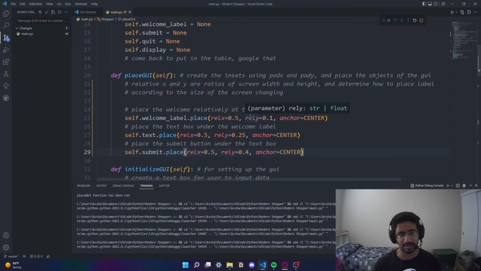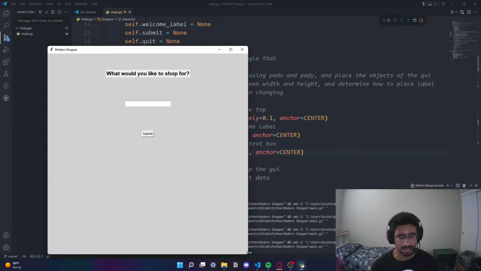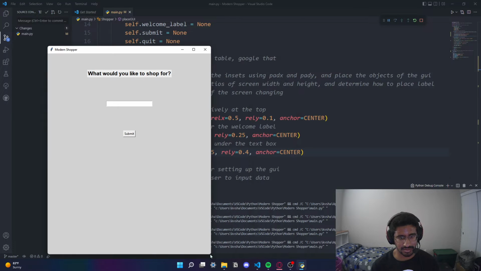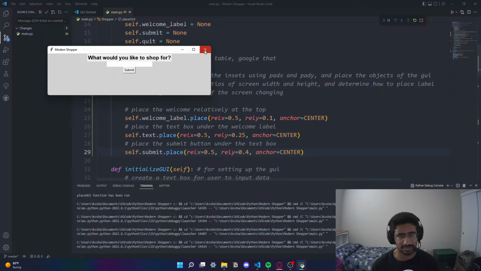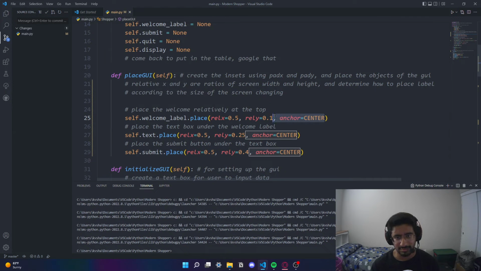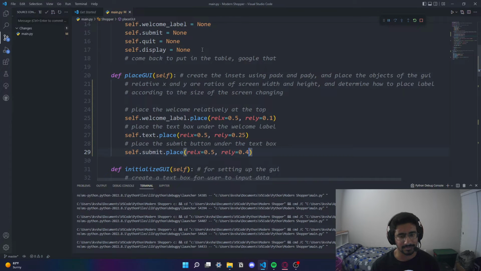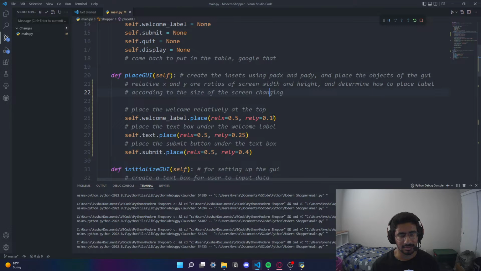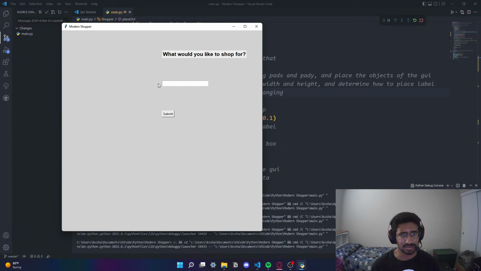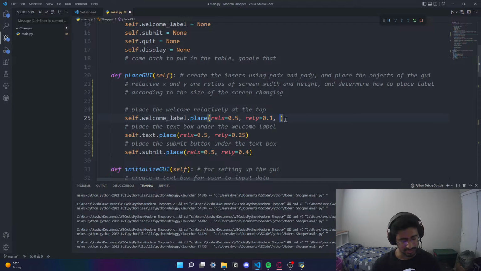And let's just see how it looks. Okay, looks pretty nice. Now if we move it like this, it stays in the center. Move it like this, it stays like so. I actually want to just try something. I want to see what happens if I get rid of center, because this rel x 0.5 should just go in the center anyways. So I actually don't know if I need that. Oh, I see. So the anchor basically means how it's justified. So we can see that this is 0.5 and all these objects are left justified. So that's why I want to say anchor